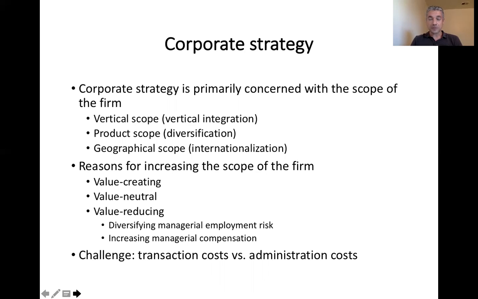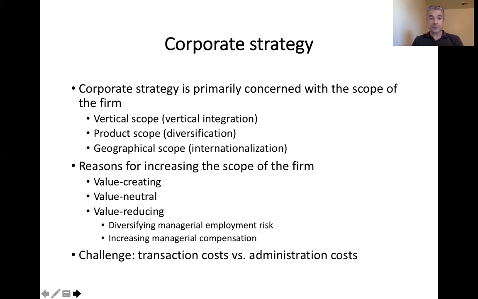primarily internationalization. I guess in some cases, if you're dealing with a country as big as the United States, we may think about corporate level strategy and managing geographical scope as pertains to maybe activities across different states, especially if you consider such remote states as Alaska or Hawaii or something like that. But primarily geographical scope has to do with internationalization.